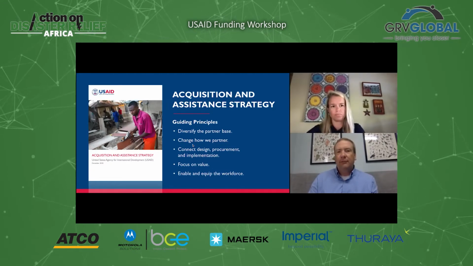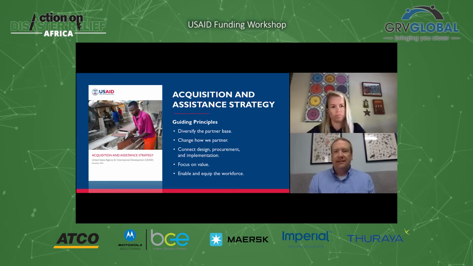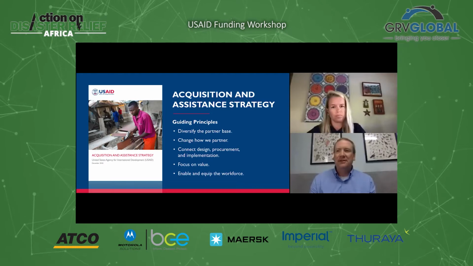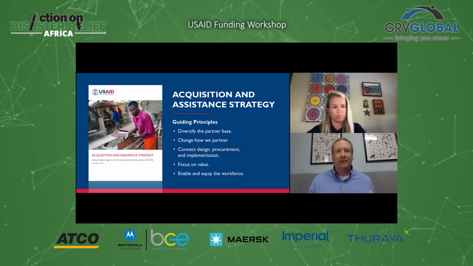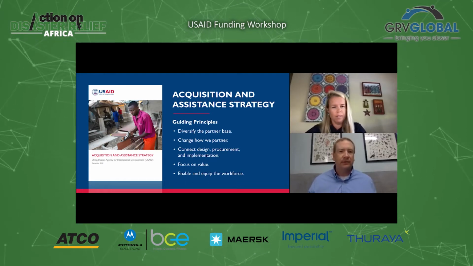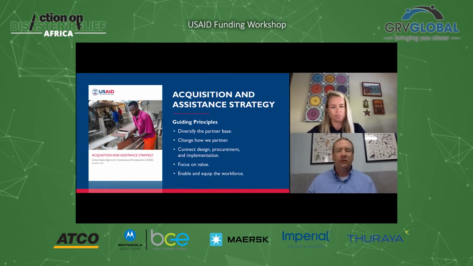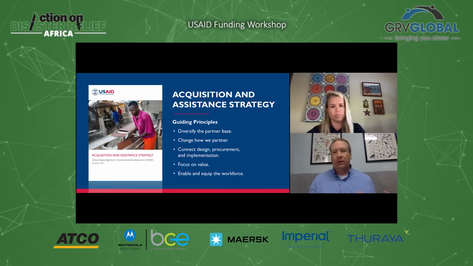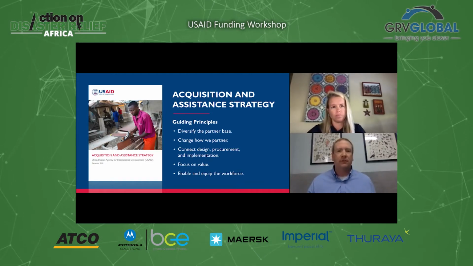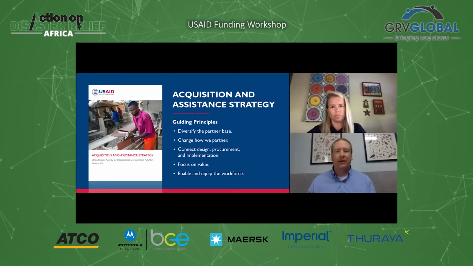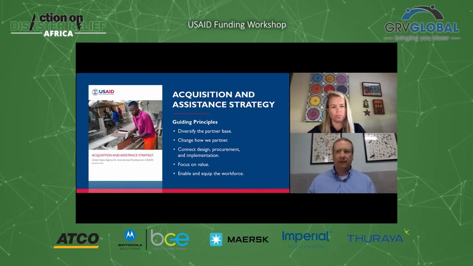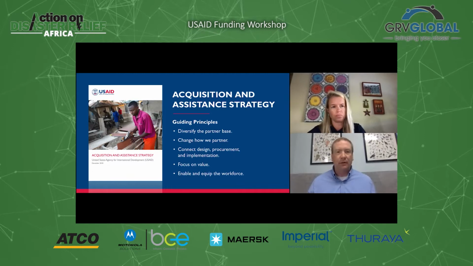One of the things I want to briefly highlight is the agency's acquisition and assistance strategy. Most of this document is not really relevant to you, except for the first two things I want to talk about. First is diversifying our partner base. The strategy outlines the guiding principles we want to take as we look at partnering with organizations. First and foremost, we want to bring new organizations into our work. Yes, we have over 3,000 organizations, but we know there are so many more out there doing amazing work that can really have an impact in the countries and communities we're serving. So we want to bring those organizations into the work we're doing.